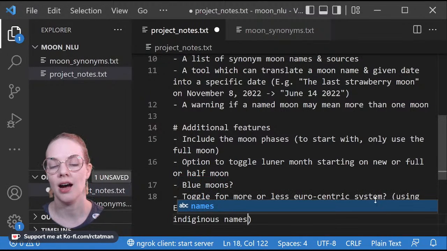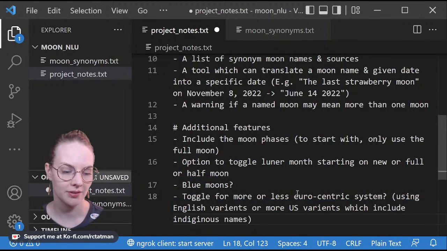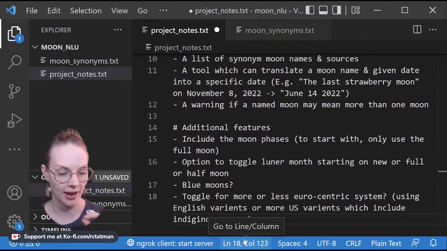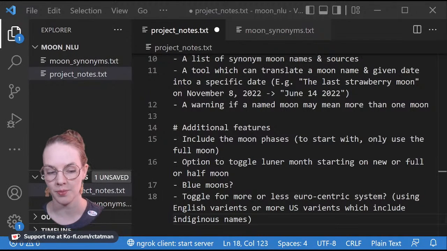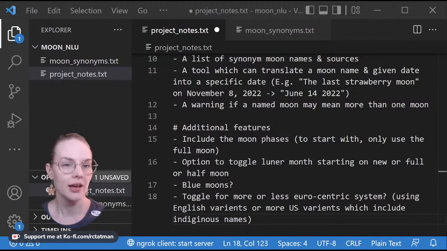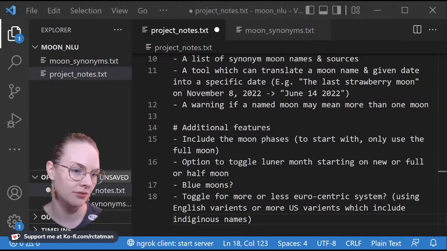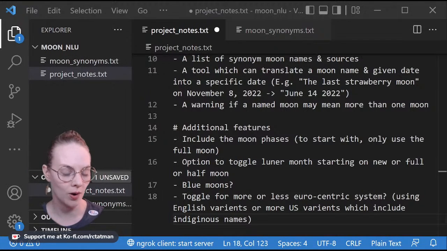Indigenous names. I'm going to start with the ones that are most relevant for me, so I'm not going to do the English system. Also, I think the English system would be a little bit easier because I believe they are all tied to solar dates, as I mentioned. So like the almanac was mentioning, the thing where the hunter's moon always follows the harvest moon is specifically a European thing and doesn't come from these Indigenous American traditions.